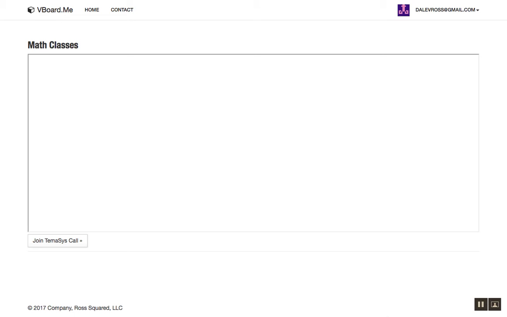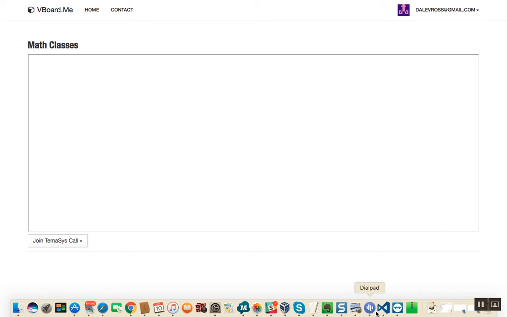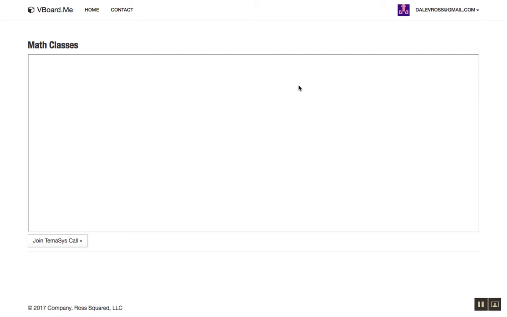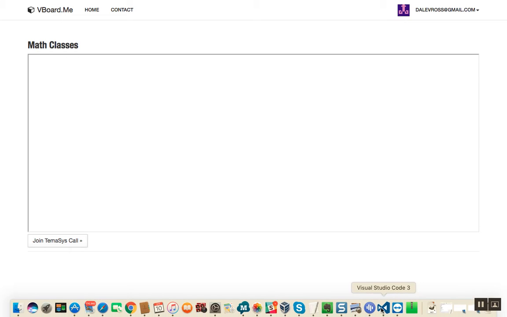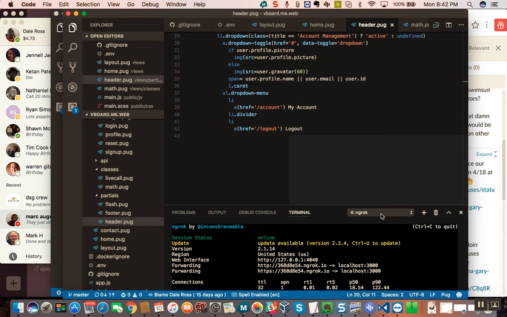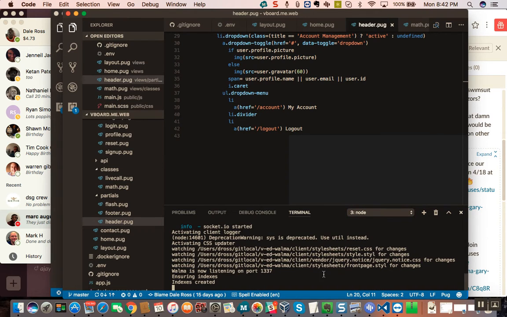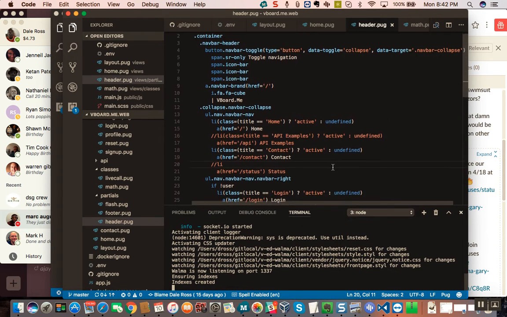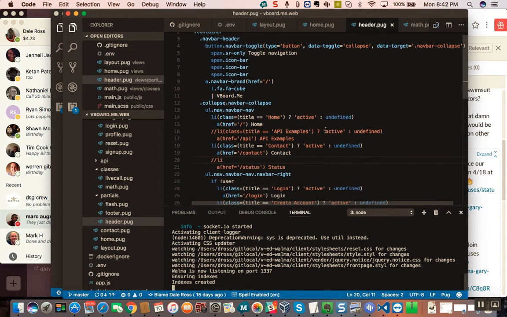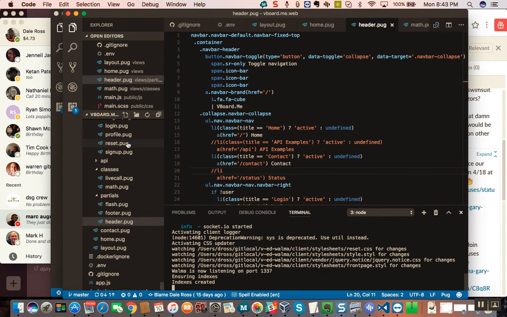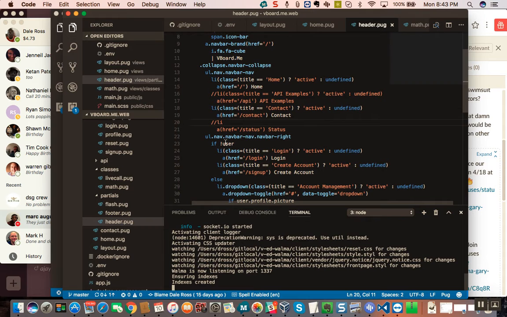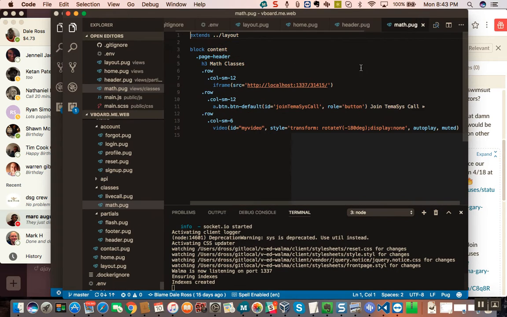All right. First thing is this is not loading, so then you get to see me troubleshooting live. Visual Studio, this is where I'm loading it from. It should be an iframe loading a board, so it's listening on port 1377. Where are we? The iframe is not in the header file, it's in the math file.